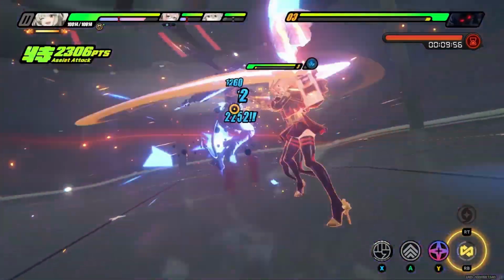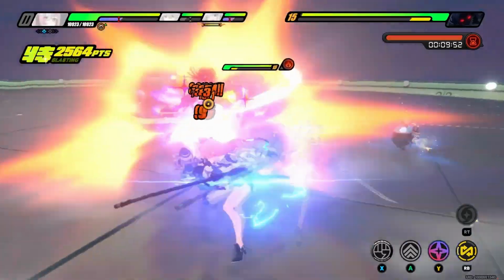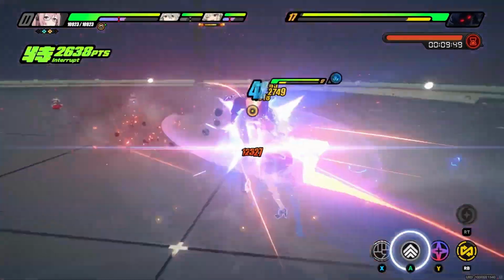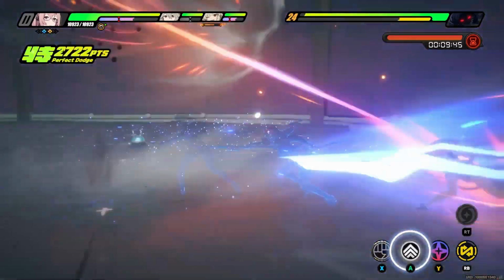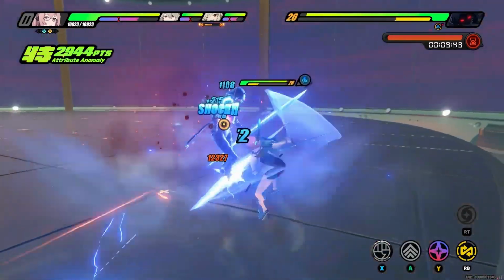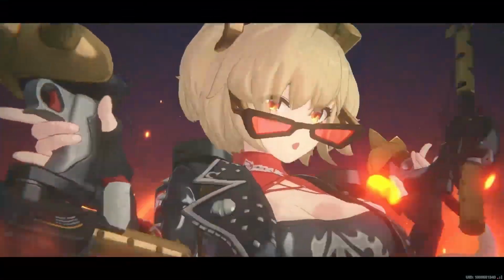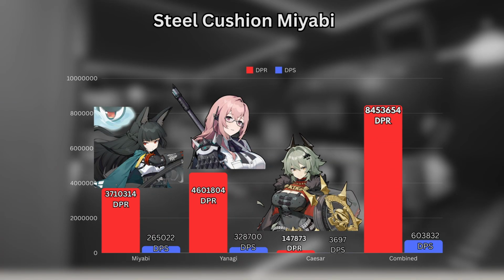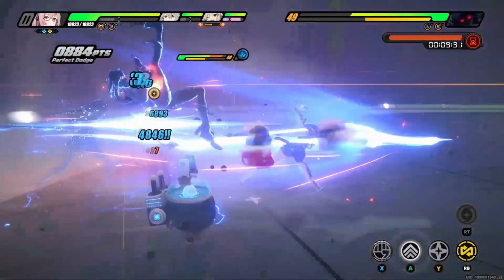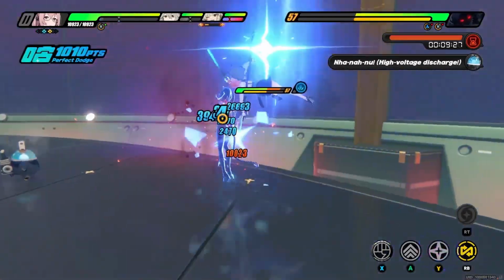stat. So using an S rank W engine or even an A rank W engine just to fill the missing crit rate is going to be pretty much what she needs. And keep this in mind, the fact that majority of the W engines don't really have this massive impact on her damage as her best in slot, you're going to see that the damage loss is significant. She'll suffer a lot. Even when I consider to use Steel Cushion instead, her damage dropped massively, and that doesn't have a passive,